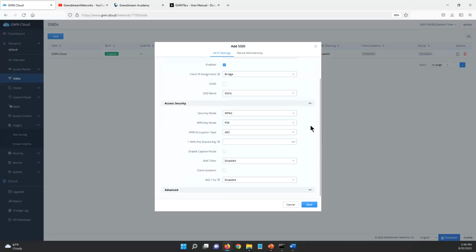If we go under access security, these are standard security settings. You always want to go to WPA2 or WPA3, especially when you have Wi-Fi 6. There's the option to configure a pre-shared key, like a password for the Wi-Fi, or you can use 802.1x, which is the RADIUS server, or any type of authentication server. To keep it simple, we're just going to use the pre-shared key, then you just assign it